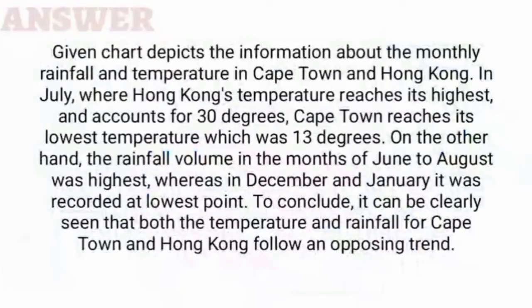The given chart depicts the information about the monthly rainfall and temperature in Cape Town and Hong Kong. In July, where Hong Kong's temperature reaches its highest, and accounts for 30 degrees, Cape Town reaches its lowest temperature,